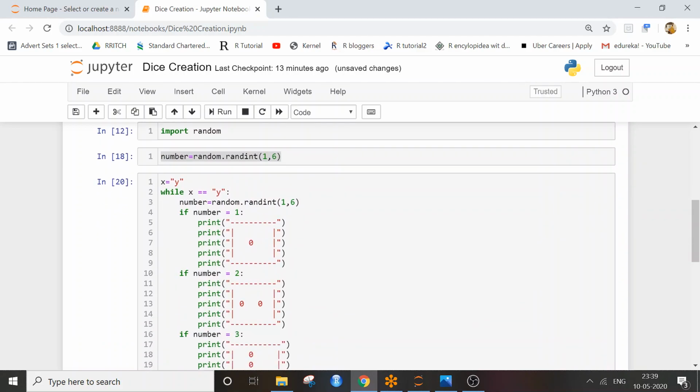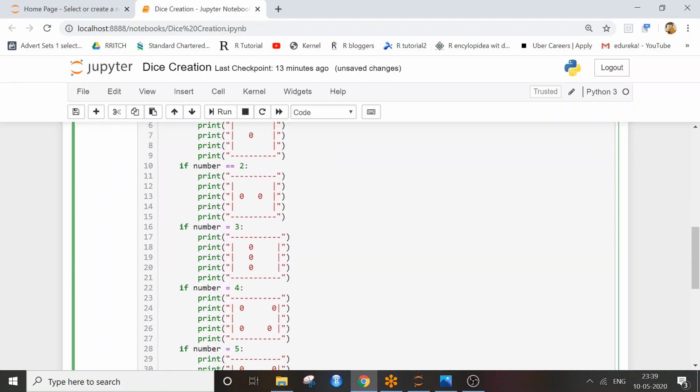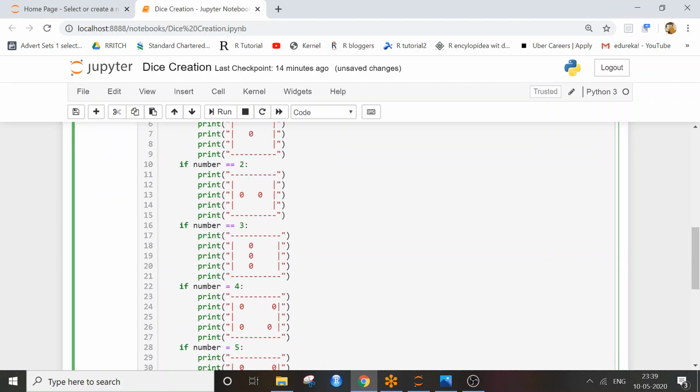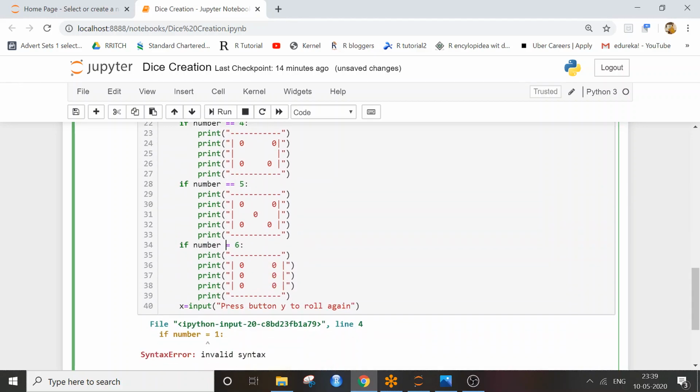What's the error? Let me check if the indentation is correct. Oh, look, I have given an assignment operator. It should be double equal to. So that was an error. So let me add double equal to from 1 to 6.